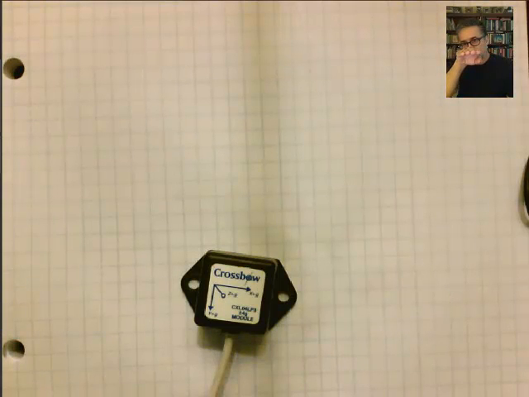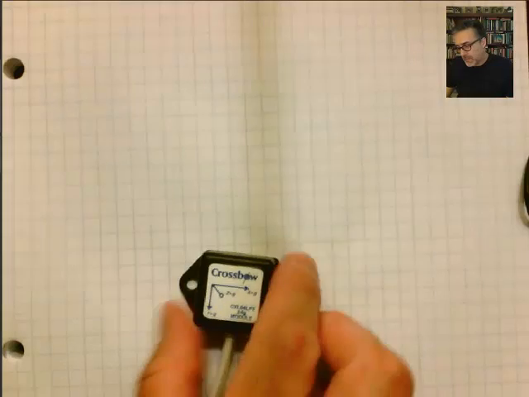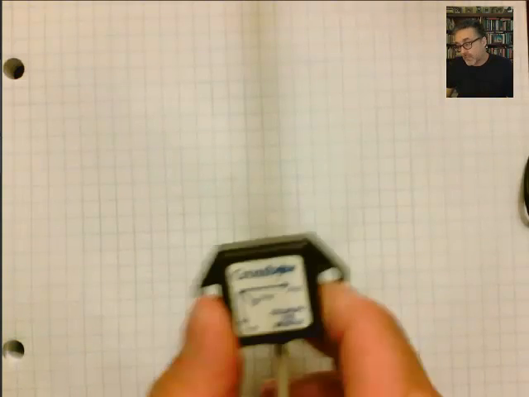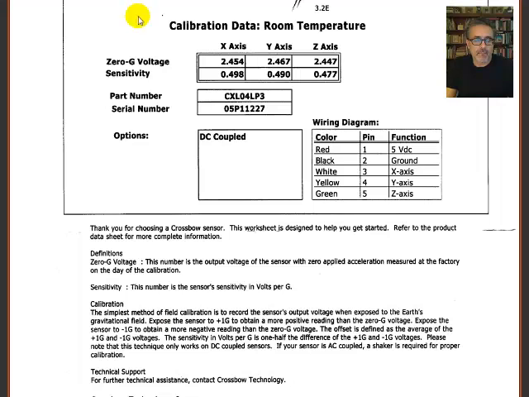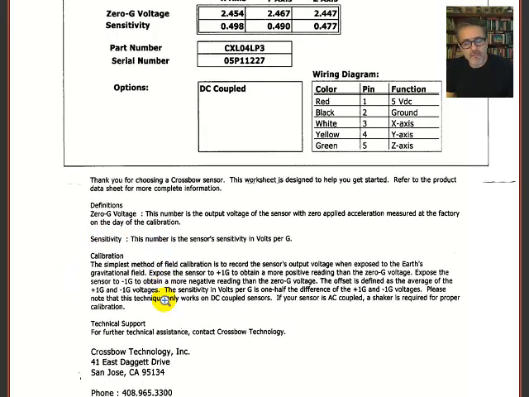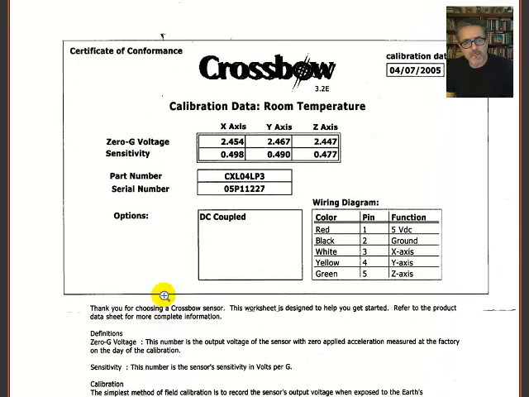Do a 2G test, and it should go to 2 volts, right? Because you're changing by negative 2G. Okay, so do that 2G test. So that's that little calibration explanation. The 2G test is a well-known, standard test. It's a good way to quickly check your